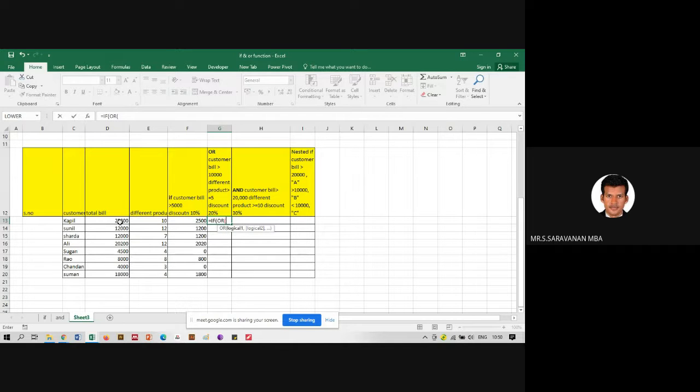Okay, so if total sales is above 10,000, and our product is above 5, close the bracket, comma, again we are going to give them 20% discount, into 20%. It should be in absolute value, no decimals. Click OK. So we are giving them 5,000.